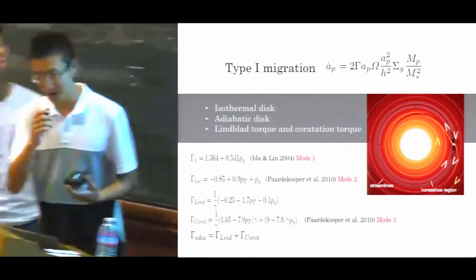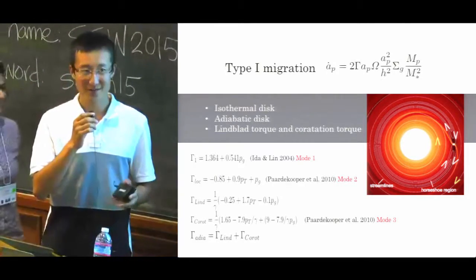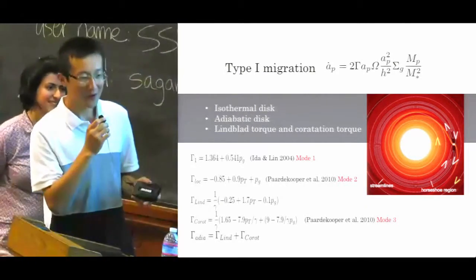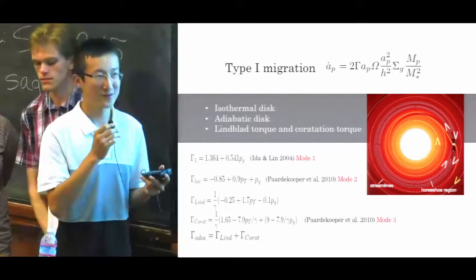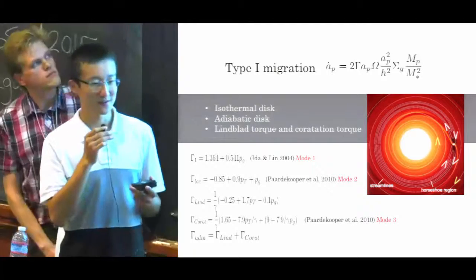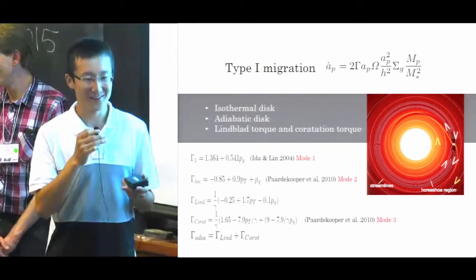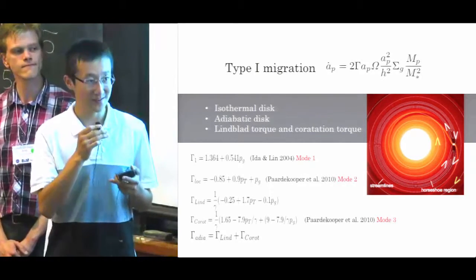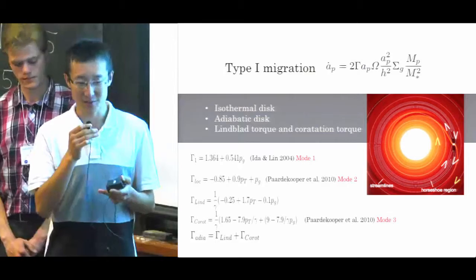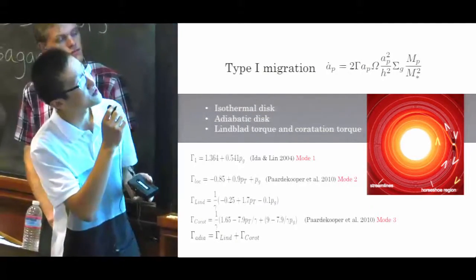Okay, first we introduce some background and motivation. There's a big question: how can we form the short period planets? We all know some hot Jupiters and hot super Earths. Somehow they cannot form in situ. So we think there must be some migration, type 1 migration, type 2 migration. So here's the type 1 migration, and the